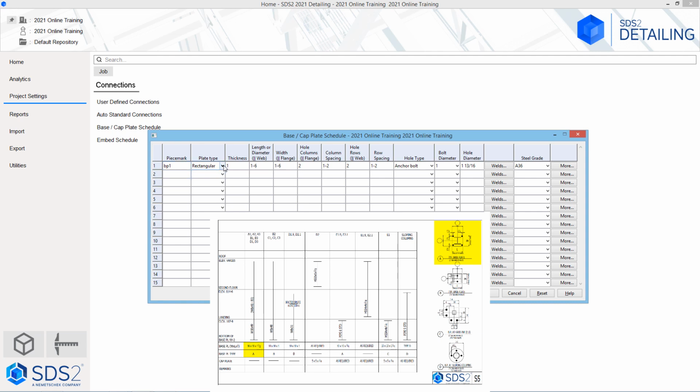The plate type, we have either rectangular or round, and in this case it is rectangular. Our thickness is 1.5 inches. So for this, we can either type 1.5 or we can go 1 space 1/2. One way we can add the little space between the 1 and 1/2 is you can hit the 1 and then the plus arrow will work as a space key. So you go plus 1/2,